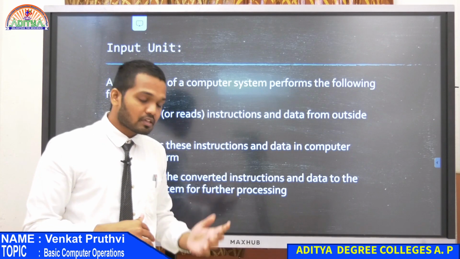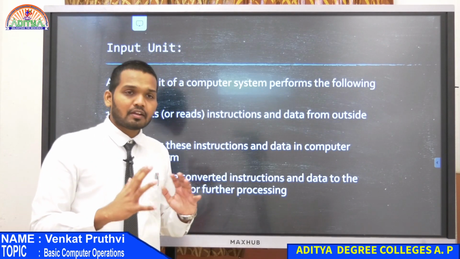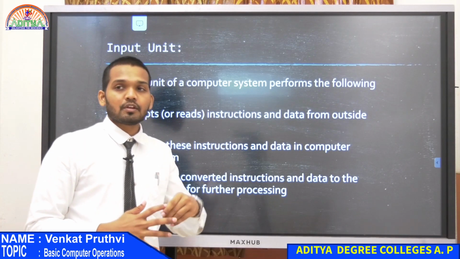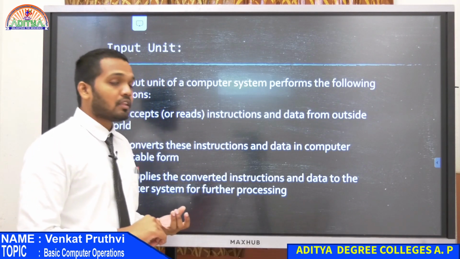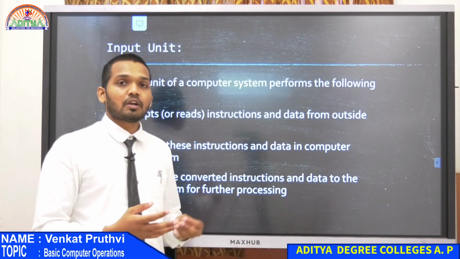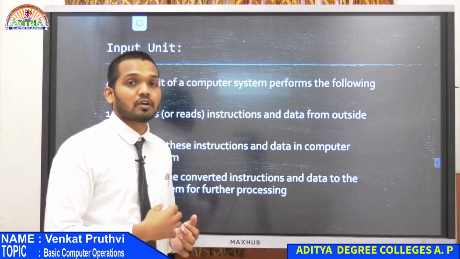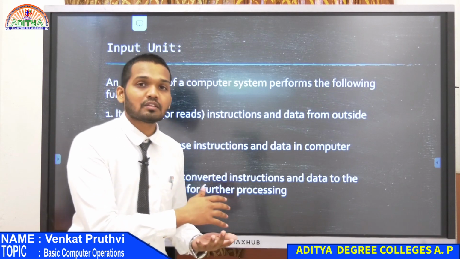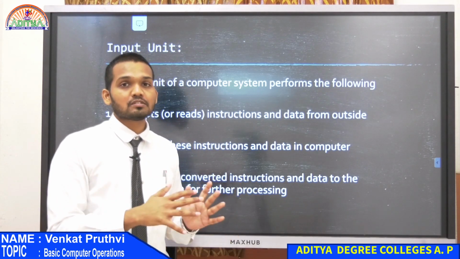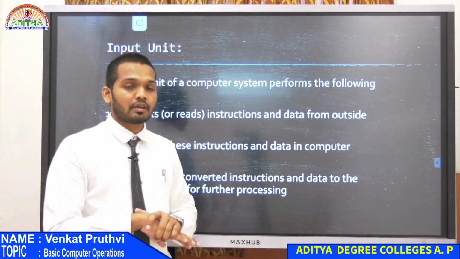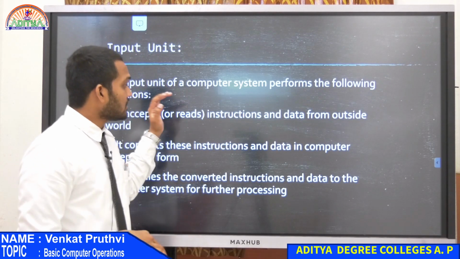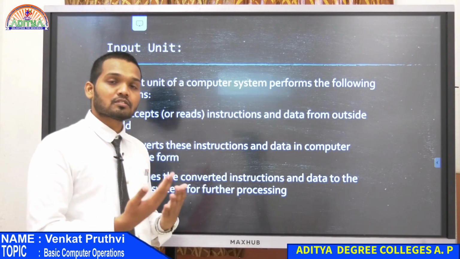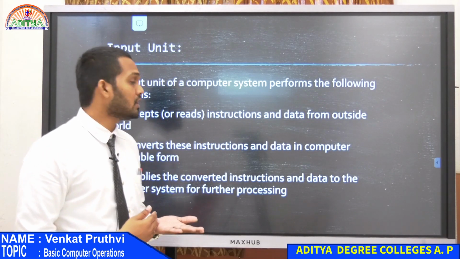In the previous sessions, I was telling you, suppose we have a hardware unit into which we don't have any data. Now, if you want the computer to perform a task, and that computer should understand what the user wants, you have to put in some input, or you have to program the computer in such a way that it performs the task according to the requirements. For that, you have to feed in instructions to the computer. How do you do that? That should only be done through the input.